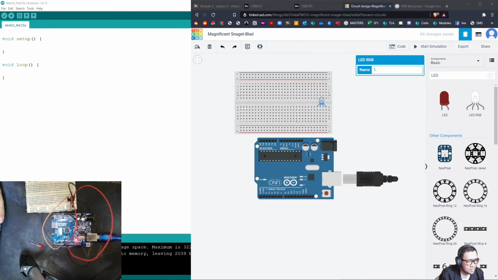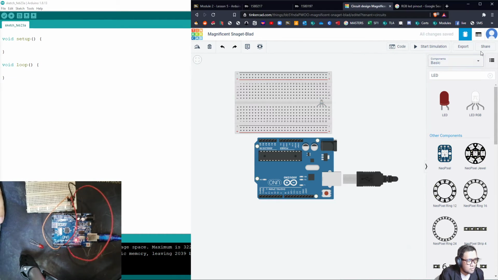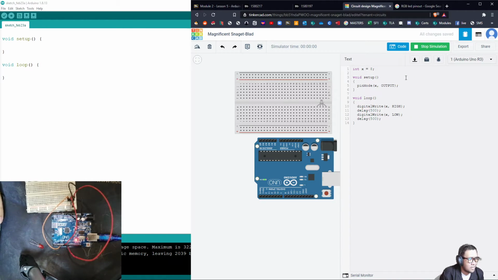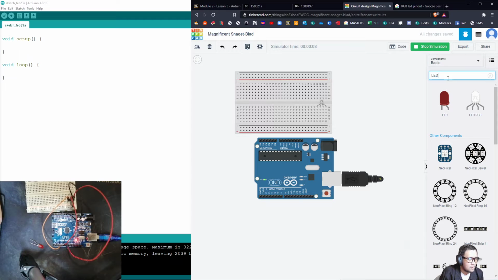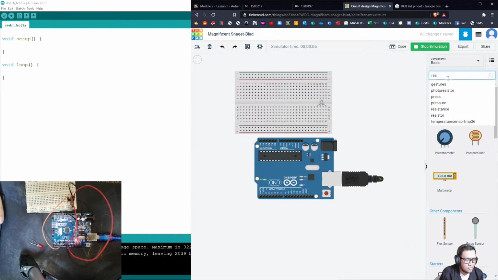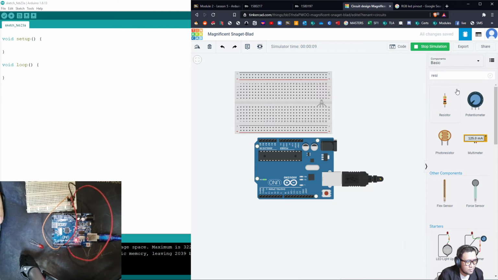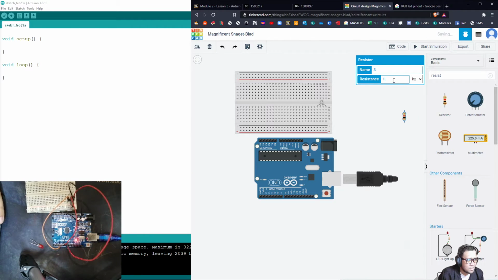So, I have inserted a resistor in our negative, in our ground. The resistor is 220 ohms. Then I inserted it here. Okay. Then,